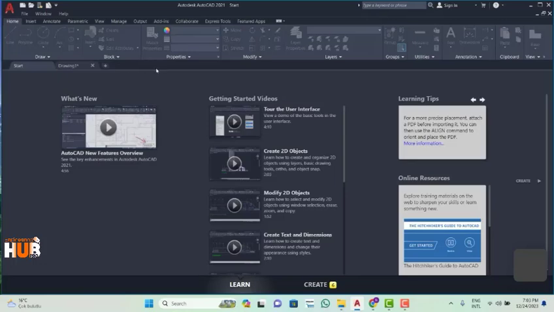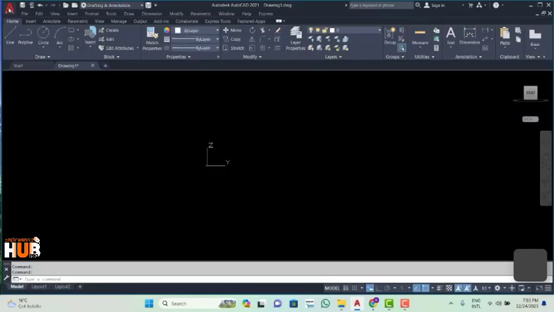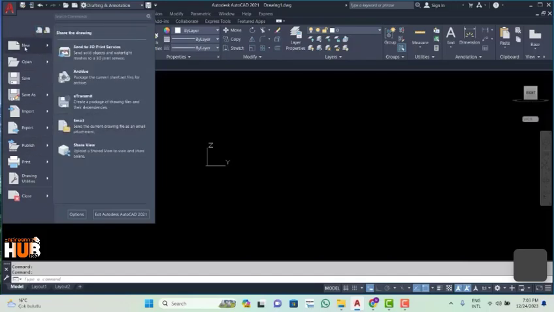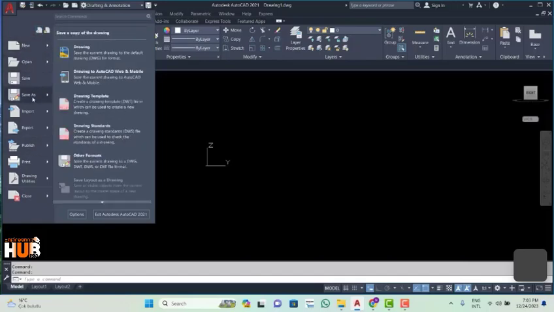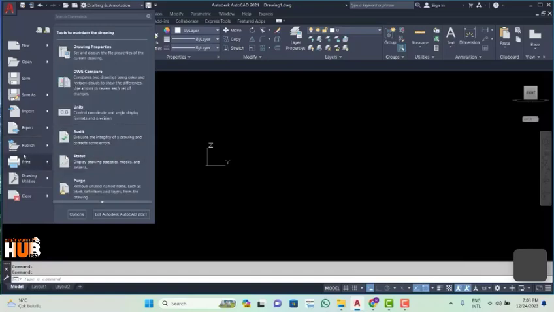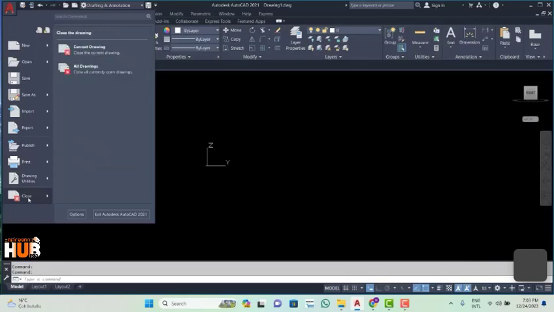Let's have a look at the AutoCAD user interface. At the top left corner, you will find the application menu, where you can find all the commands related to files, including new, open, save as if you want to change the name and location of the current drawing, import, export of the drawing into different formats such as PDF, DWF, DGN, and others. Also, you can print your drawing from here, or you can choose to close the current drawing or all open